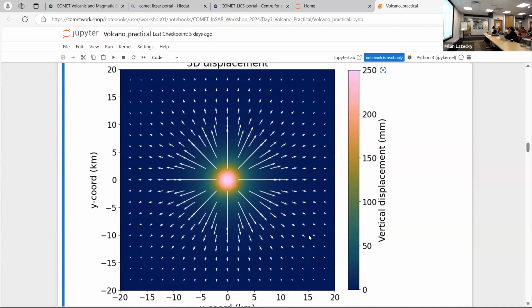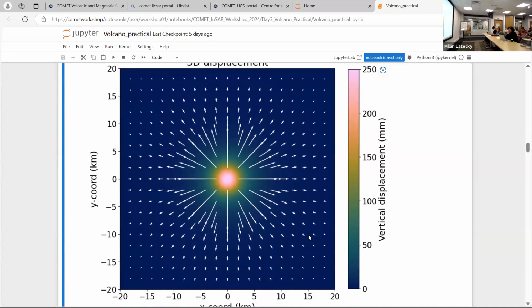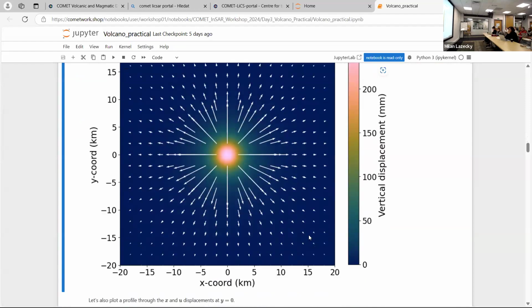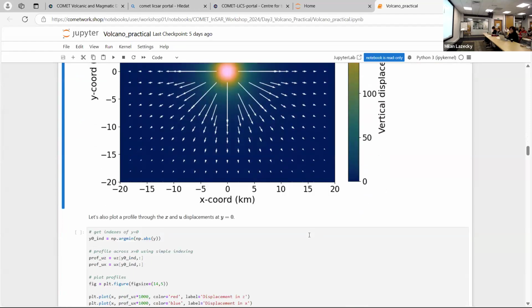Here, the arrows are the horizontal displacement, and colour is the vertical displacement. You can see it's all coming out this way and also moving outwards on the surface. It's just another way of presenting the data.